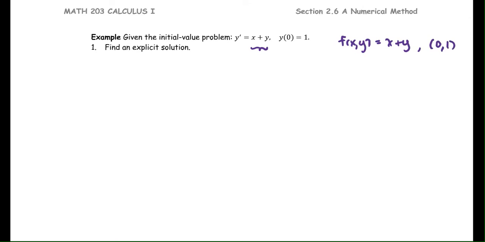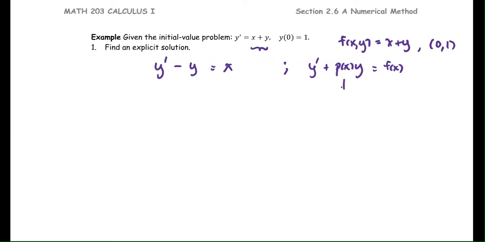So first step, to find the explicit solution using the method that we went over in chapter 1 and chapter 2 for the first order y prime equals x plus y. This one, you can see as a linear form. So to find the solution, we write it in the linear equation form. If you recall, y prime plus p of x times y equals f of x. And to find the solution using the